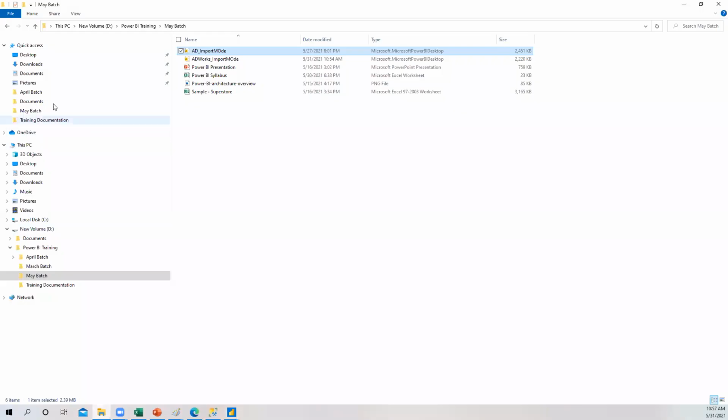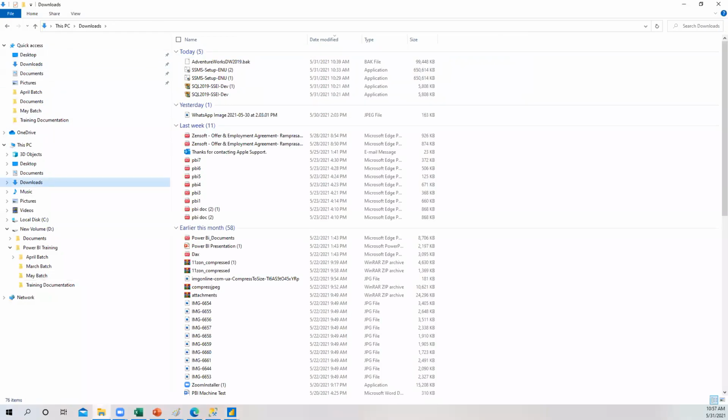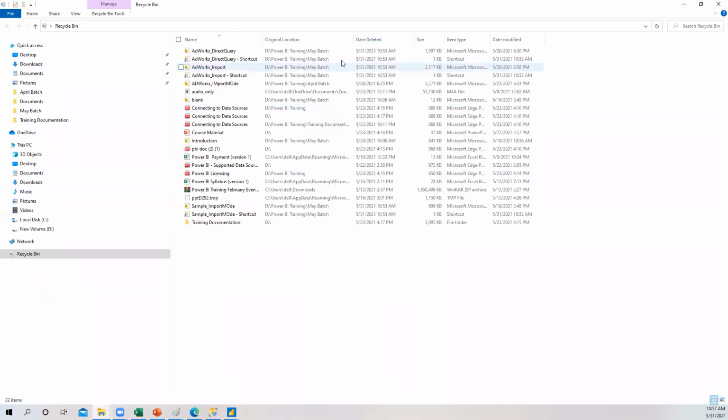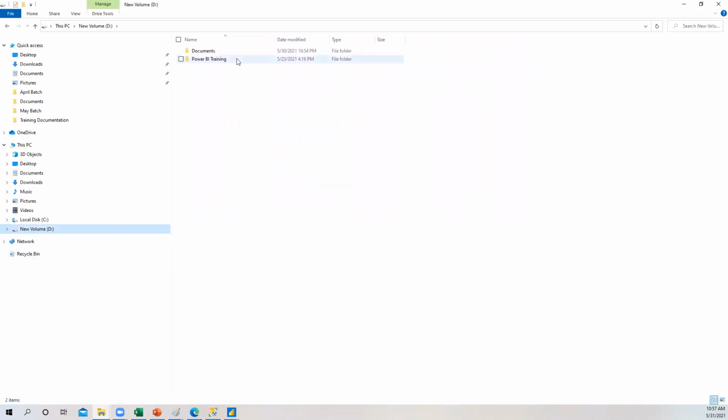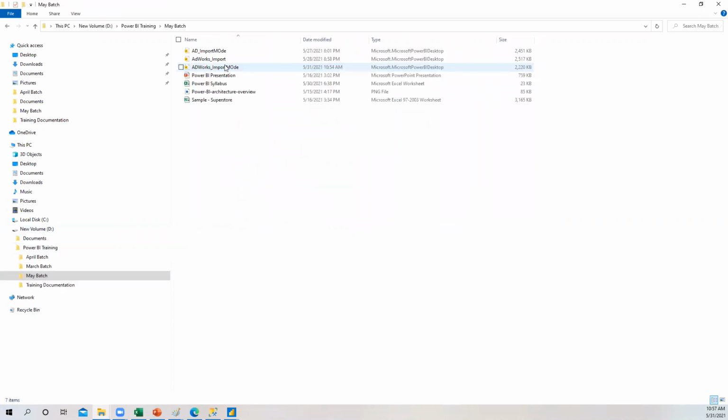Okay. In case, let me check the recycle bin for the file I deleted. I just want to see if I can get it back. This one I deleted, right? I just restored this one. This is our file from our batch, our old file from three days back. Can I change the connection from this file?